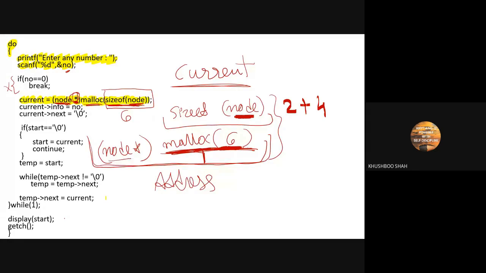Address of what? Node. So let's say the address of this whole location is 101. I'm just assuming the address. So I got 101 as the address of this location, which is allocated through the malloc function.